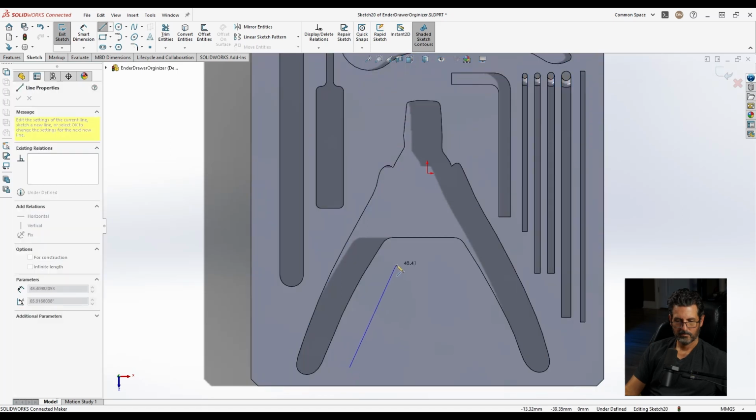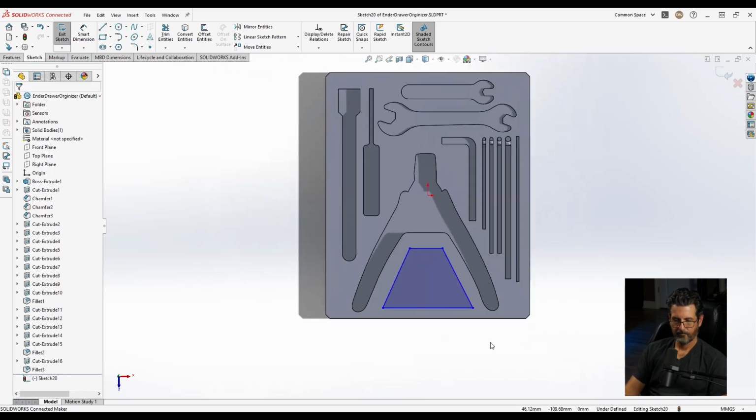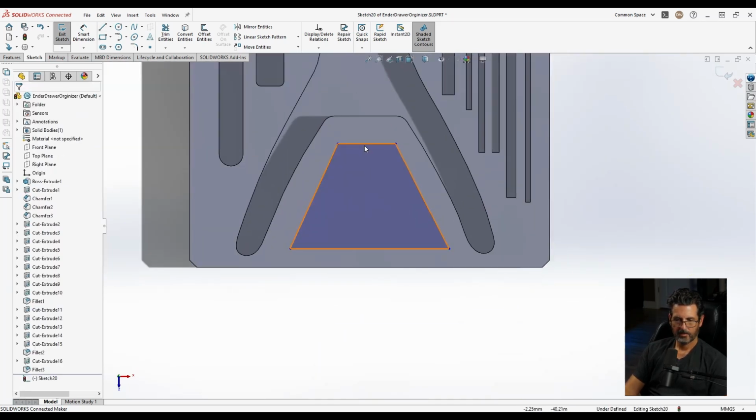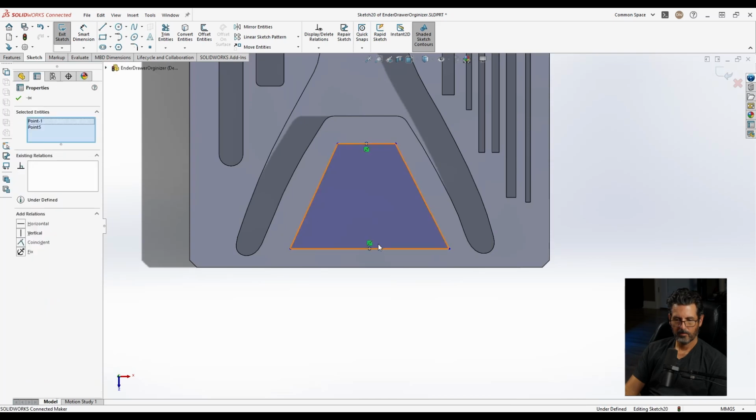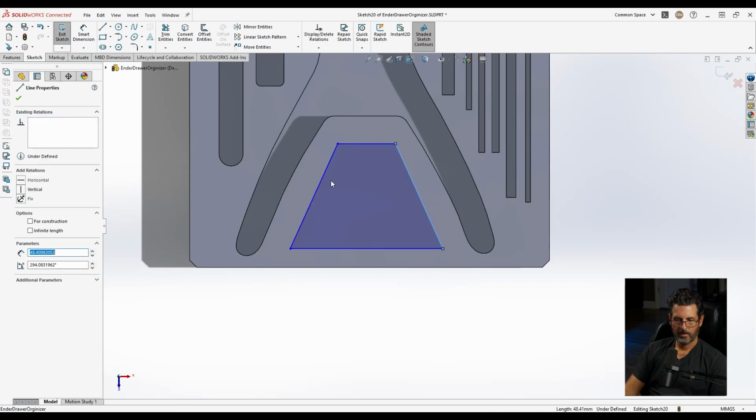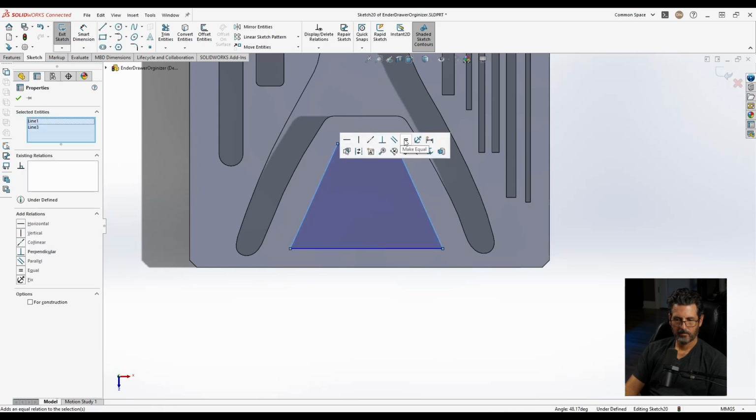Like so. Like so. And make that vertical to that. Make that and that equal. Now it should be